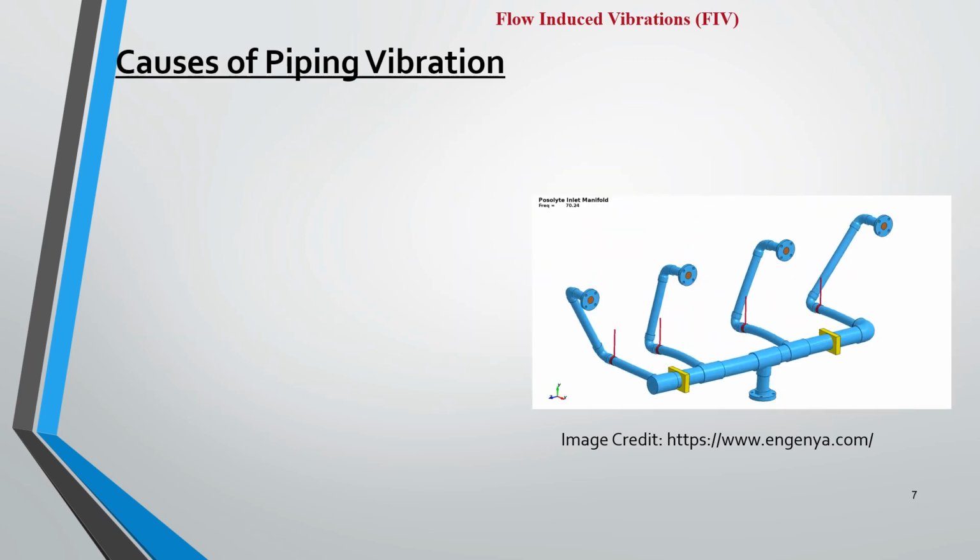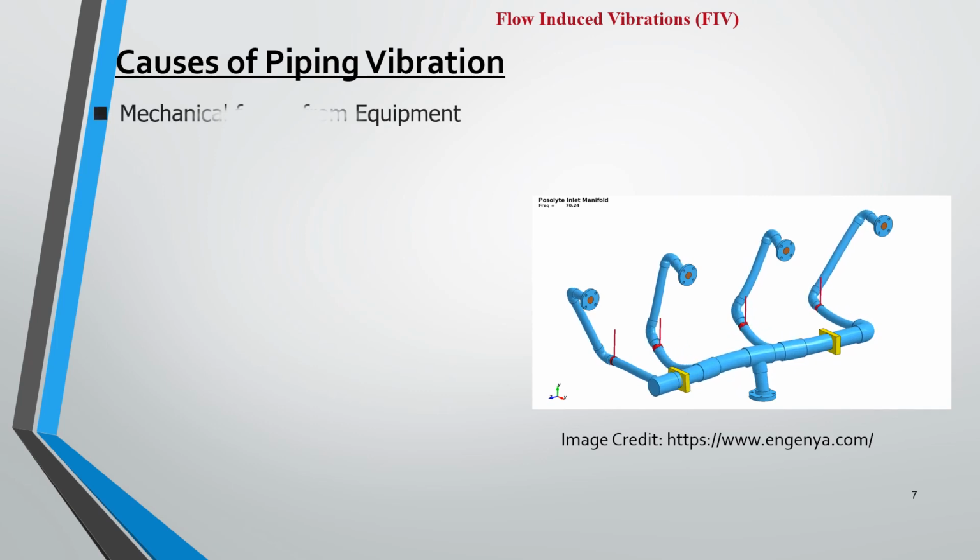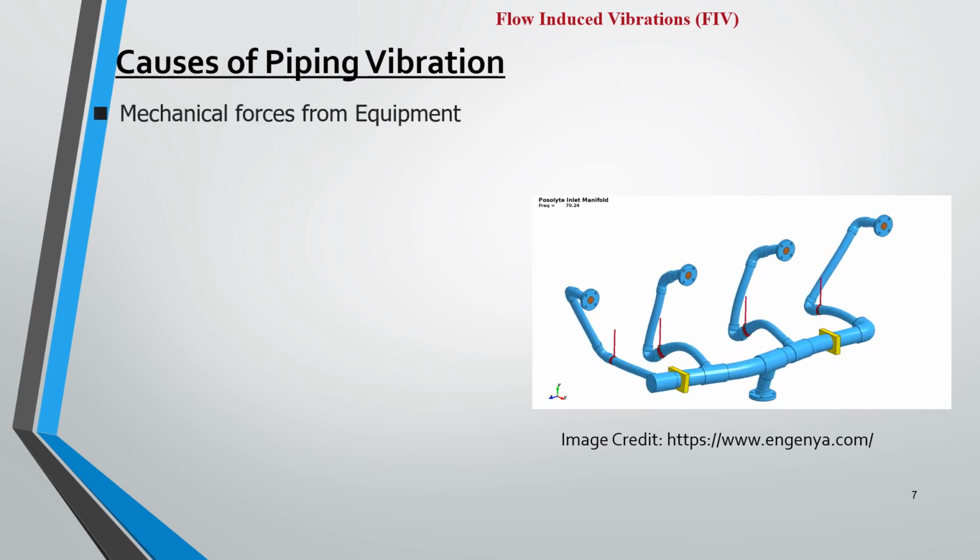Now what are the causes of piping vibration? So there are a variety of excitation mechanisms that can be present in a piping system and can produce piping vibration. So there could be various reasons which may cause piping vibration in a system, and that piping vibration may finally result in fatigue failure. So some of these common